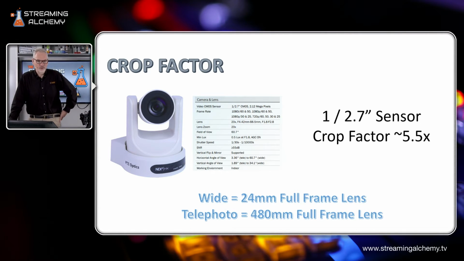So what this is really telling me is I have a 24 millimeter full frame equivalent lens on the wide side, and I have a 480 millimeter full frame equivalent lens on the telephoto side. So that's an incredible breadth. I mean, what you get with this camera is